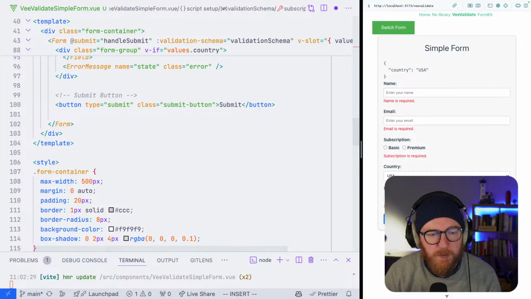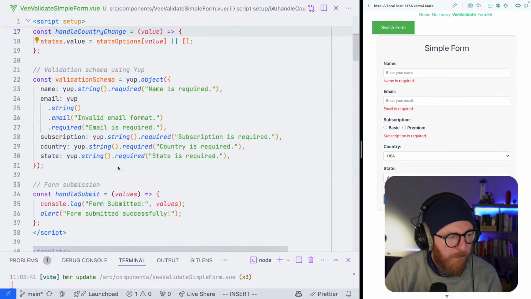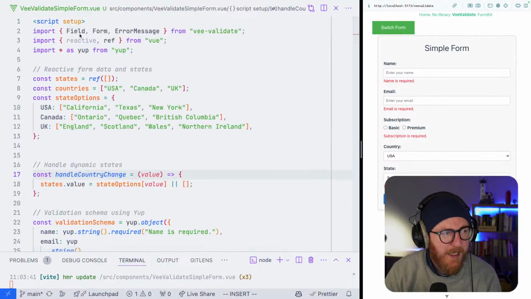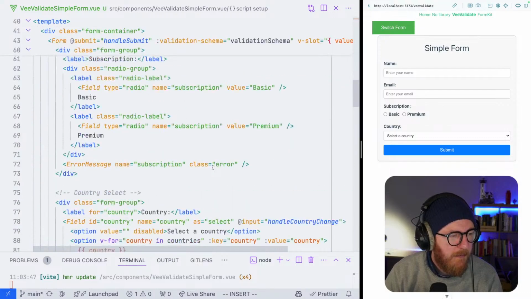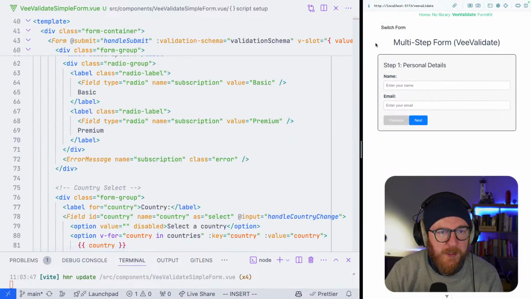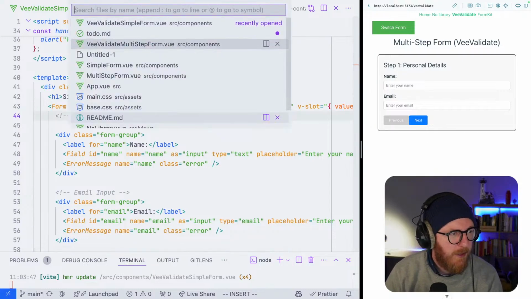Yeah, I think that's probably okay. Did I not save that when I got rid of the pre-value? I didn't. Okay, cool. So that kind of makes sense, I think, and get rid of this import from reactive because we're not using it. And that looks okay. And if I switch form to its multi-step with Vue.validate, and then let's have a look